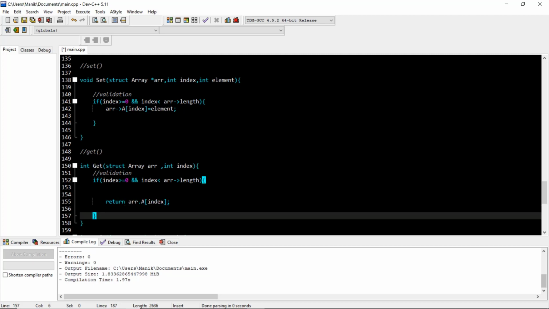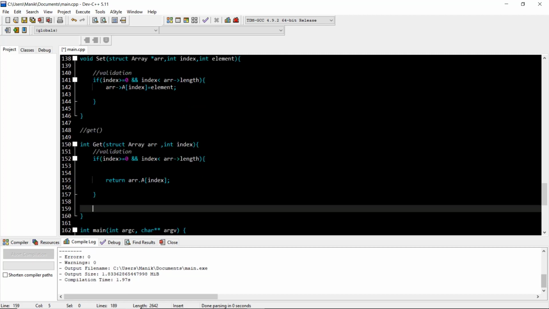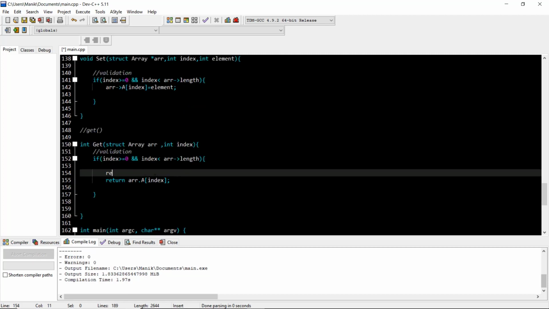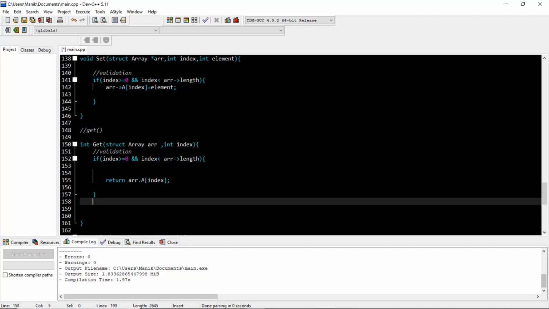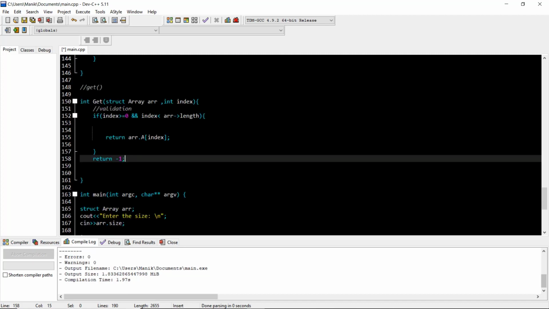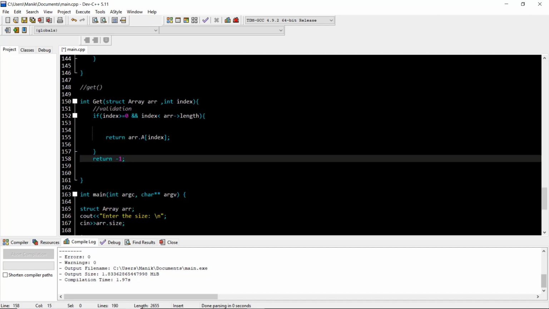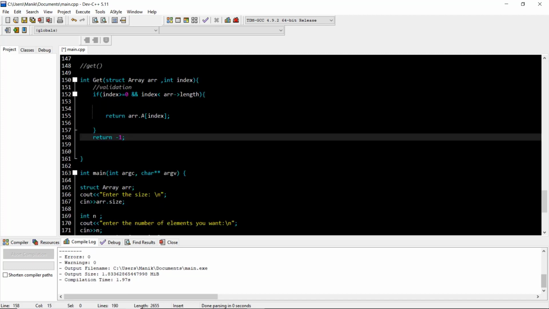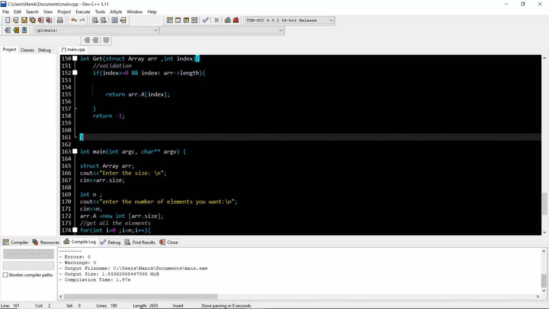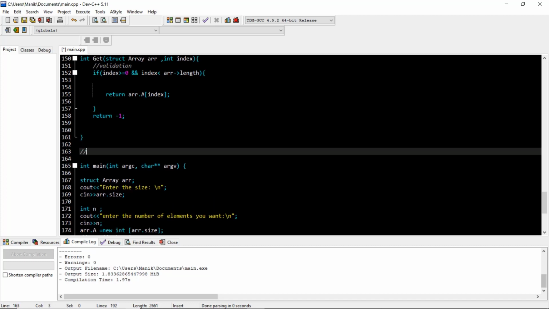Okay, so we get the element at a particular location, and else it would return -1, which shows that the index is invalid. So if this condition happens, it will automatically return.